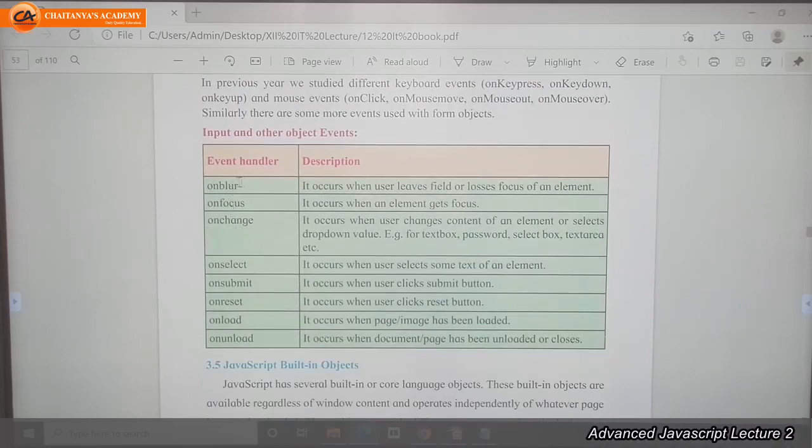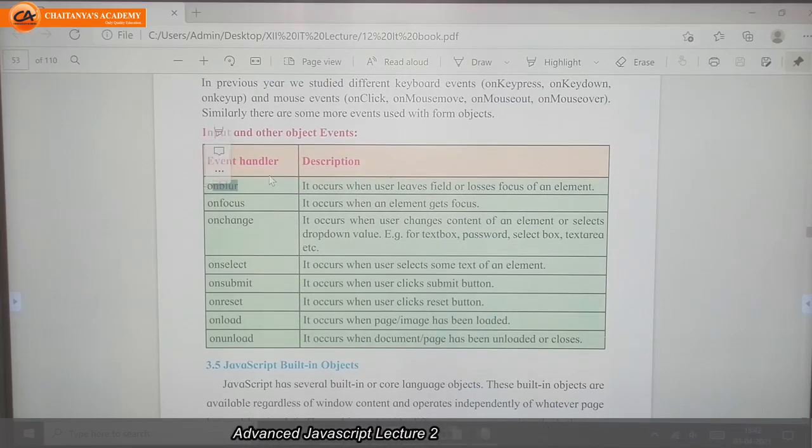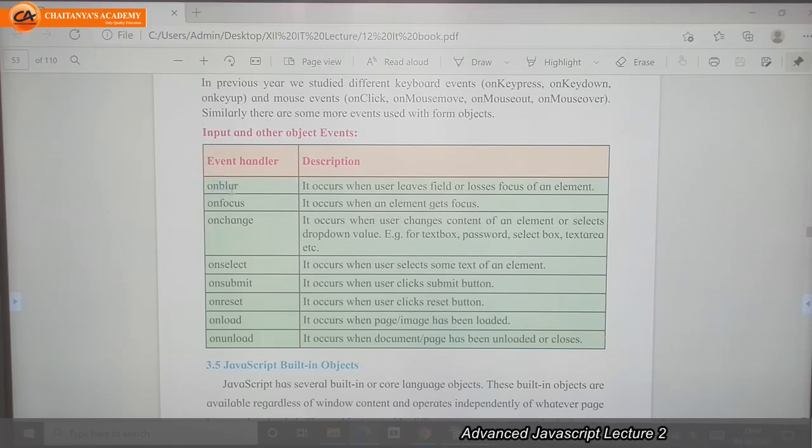So just keep it in mind, the words are explaining themselves. No need to memorize; the names they have given here explain themselves. Event handler onblur means it occurs when we lose the focus.